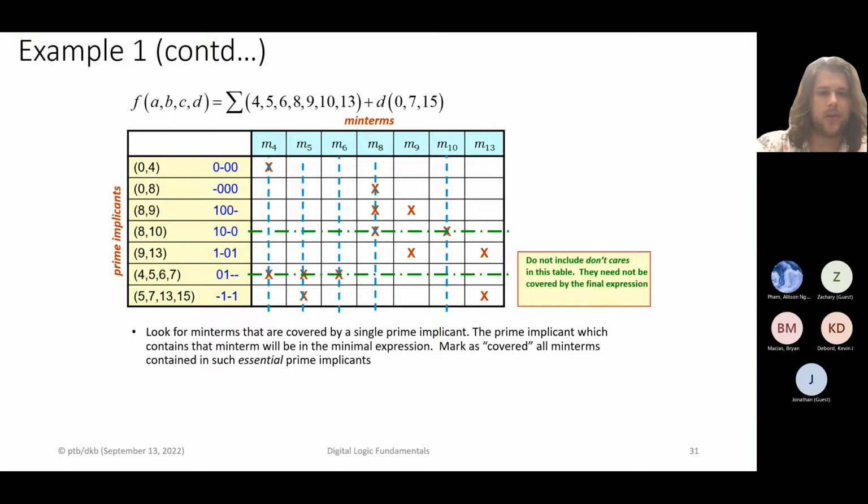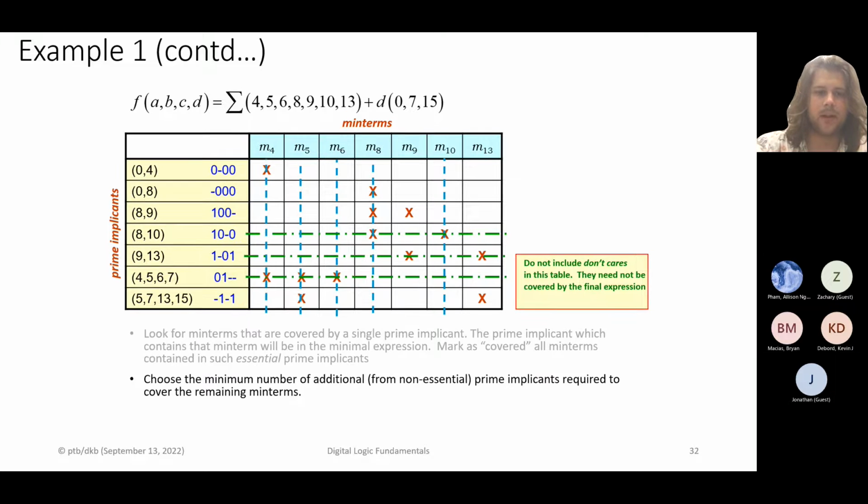There's only one function which covers both the 9 and 13, which is the 1-01, which can be covered by that line. So we can see we can cover all of the min terms required for the logic with these 3 prime implicants. So the final step is to turn the logical combinations with the dashes into their actual representation